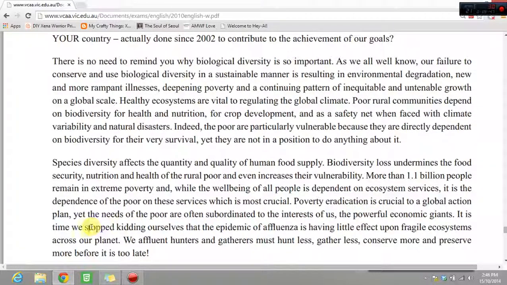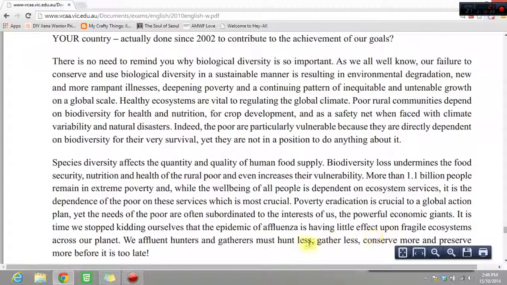We have some colloquial language down here, a bit of a cliche. We stopped kidding ourselves. So by getting colloquial, by getting frank, he casts aside all the big statistics, the big figures, the social and moral problems, and gets down on a very man-to-man or speaker to audience level, reducing the social distance and speaking sort of in a frank one-on-one way with the audience. We stopped kidding ourselves. So that's sort of saying to them in a very casual and direct way that they understand that they've got to get serious.